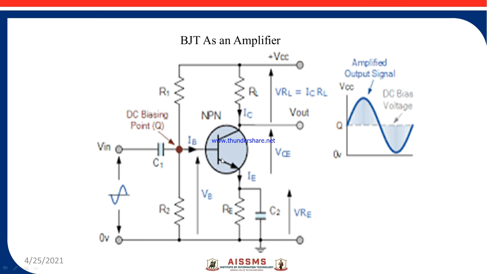Next, coupling capacitor C1 also couples the AC input voltage. If I am connecting the AC input voltage from a mic or the speaker's voice, then that voltage can be coupled to the base of the transistor. To this AC input the capacitor offers low reactance, because this is the AC input, and hence acts as a short path or closed path to the AC input voltage, and hence it will be connected to the input.